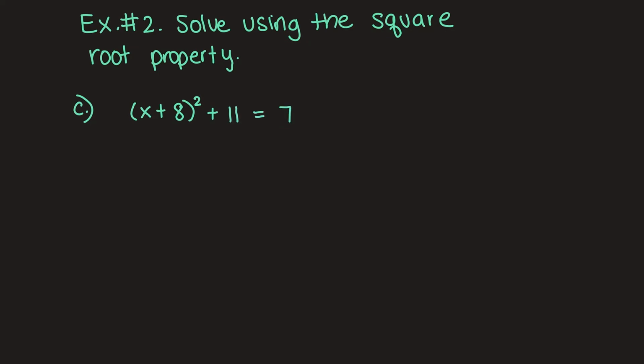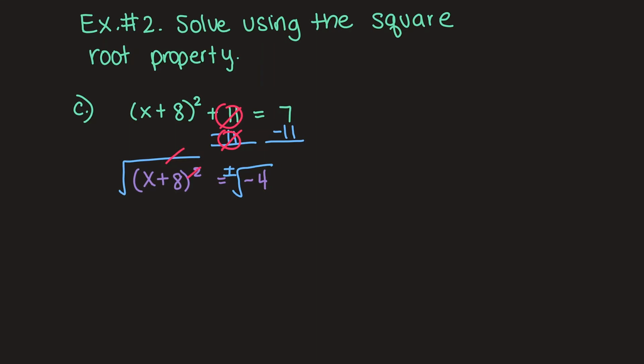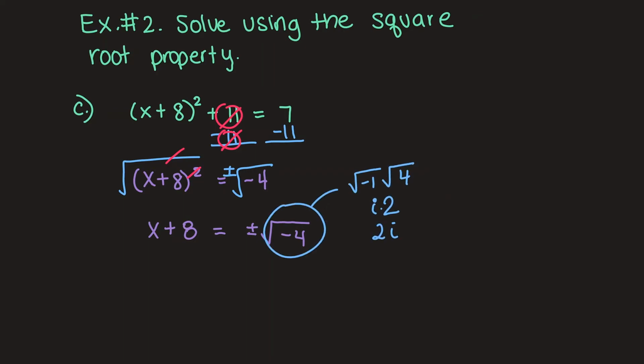And then for this equation, first we need to get it so that we have a squared quantity on one side and a constant on the other side. So we can subtract 11 from both sides, and we have x plus 8 equals plus or minus square root of negative 4. We can simplify the square root of negative 4 as 2i,